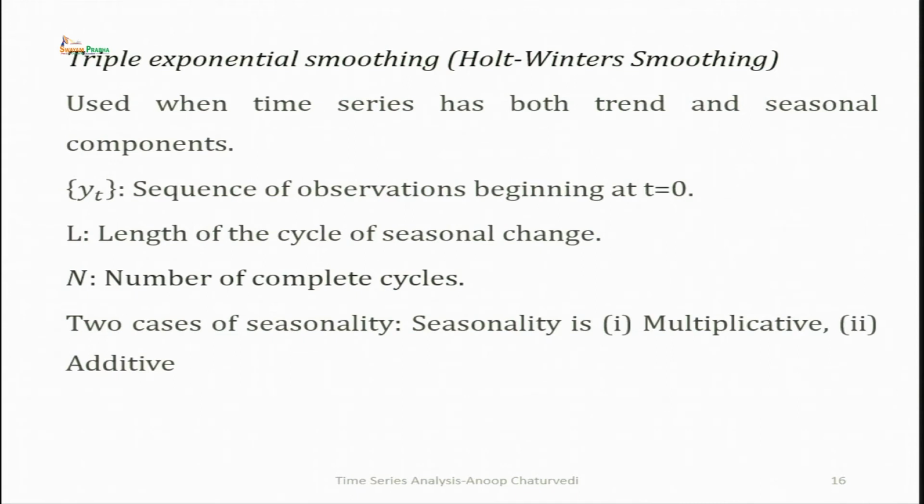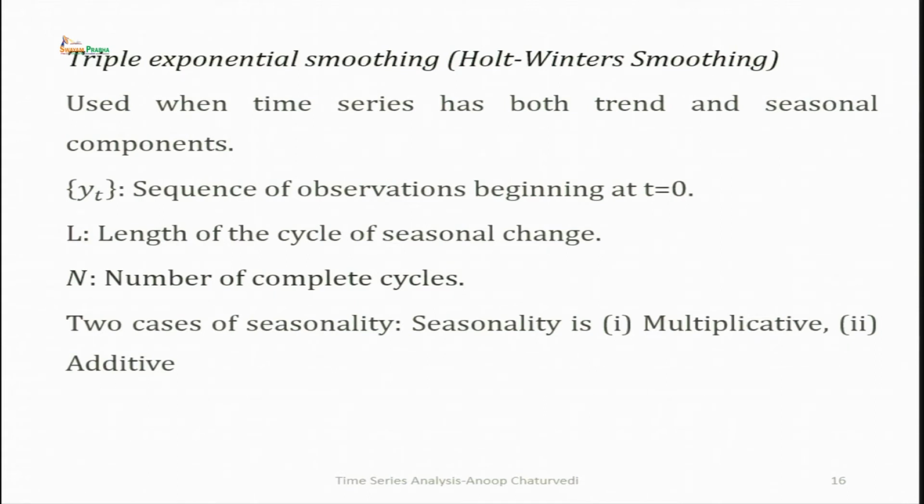Now, if your time series has both trend and seasonal components, then you should go for triple exponential smoothing or the Holt-Winters smoothing procedure. So, we apply this procedure when your time series has both a seasonal component as well as a trend component. Again,